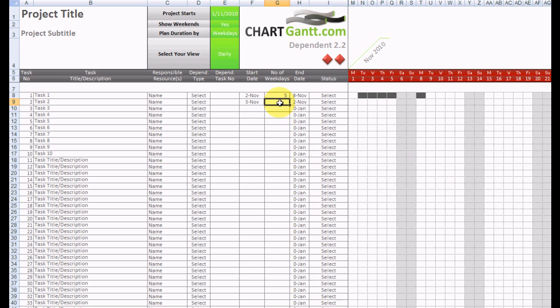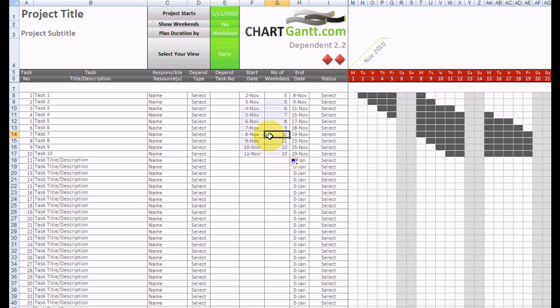And create those as 5-day tasks as well, and I'll just drag those down for simplicity and speed. So what we can do now is create dependencies between these tasks. So let's say that we want to create a finish start between these two tasks, so I'll just set it equal to that number there and create a finish start, and you can see the time frame of that's moved